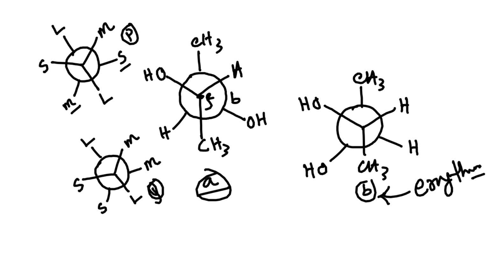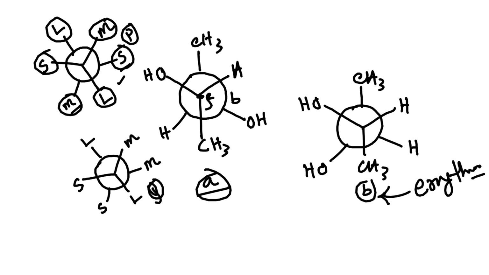Now what is meant by same relationship? So in molecule P you can see that the large group on the front carbon atom and the large group on the back carbon atom both are anti to one another, right? This L they are anti. Similarly, these medium groups they are also anti, and the small groups they are also anti to each other, right? And that's why it will be erythro,